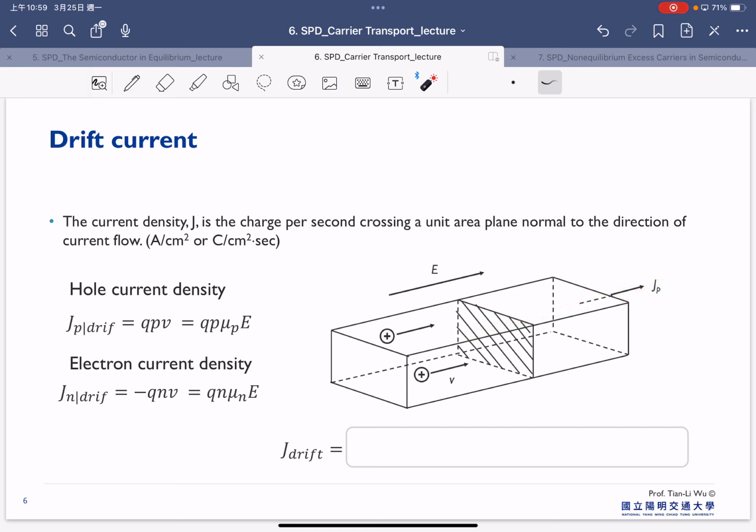Based on the previous slides, we know the hole current density can be expressed as this one, and the electron current density as this one. So the total drift current is equal to Jn drift plus Jp drift, and that will be equal to q mu n n